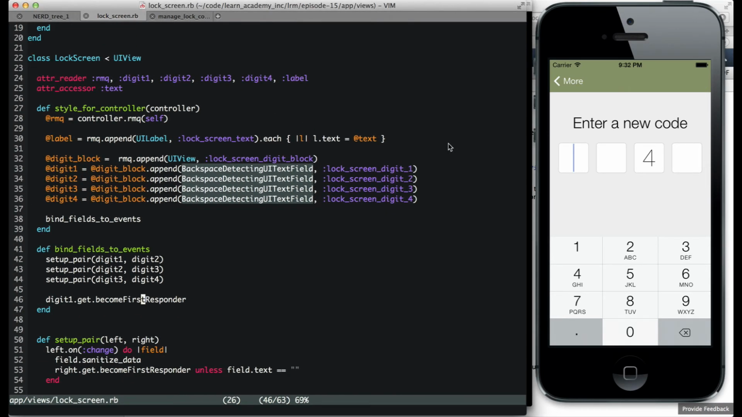So for that, all this code was there in the last episode. In this episode, we added this method called bind fields to events. So in bind fields to events, we